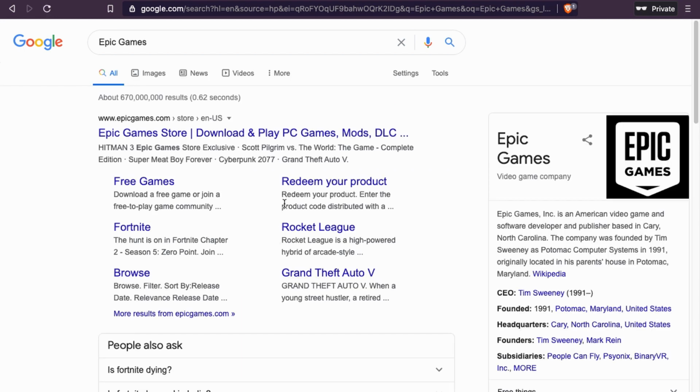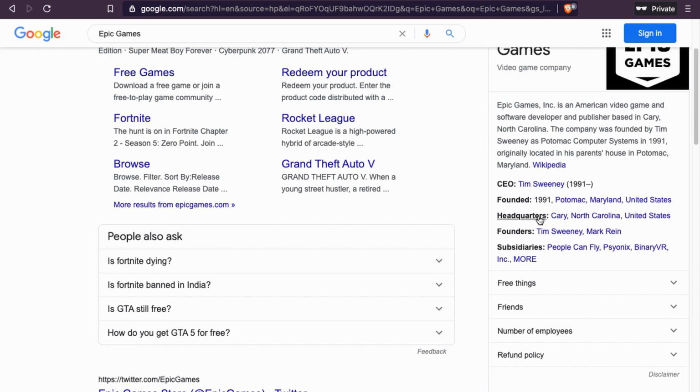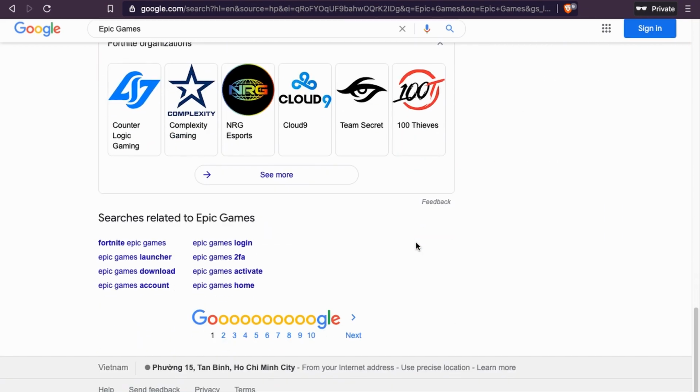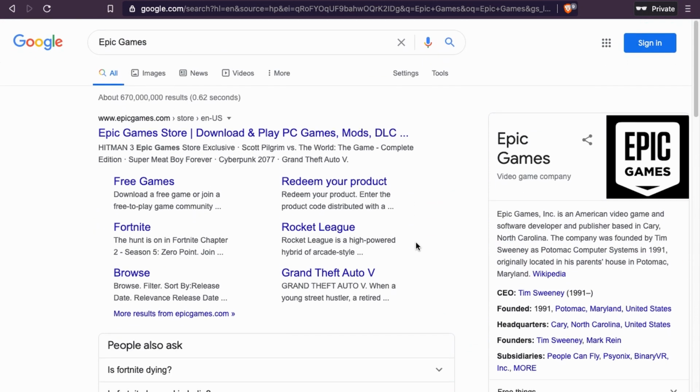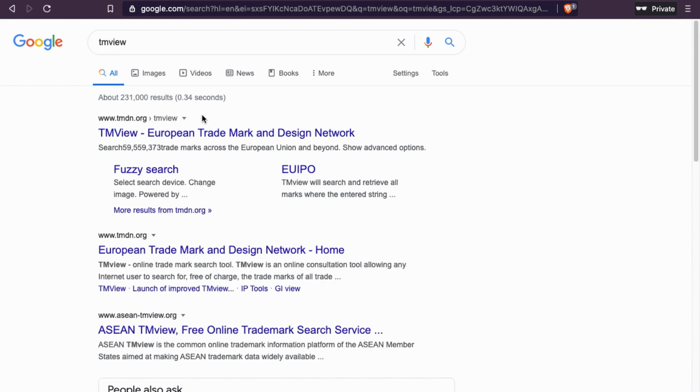See, this is Google. Let's type Epic Games. These are the basic information. You can see it's an American video game company, so we know it's in America. Founded in 1991, CEO Tim Sweeney, so same CEO. They create a lot of games. Interesting. And this is their logo. So what we're going to do right now is not go on this website. We're going to look for some